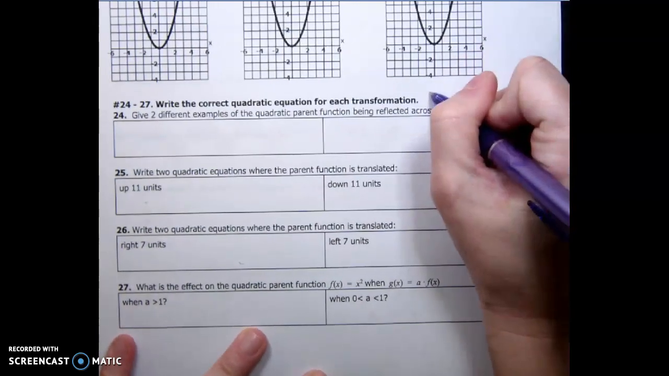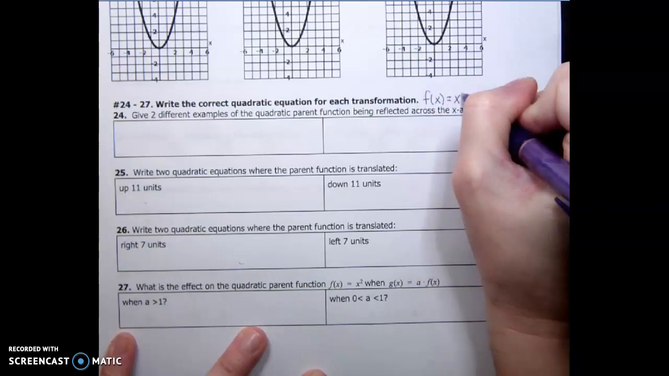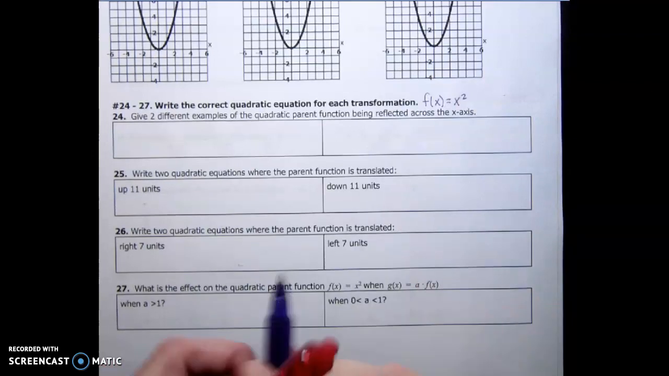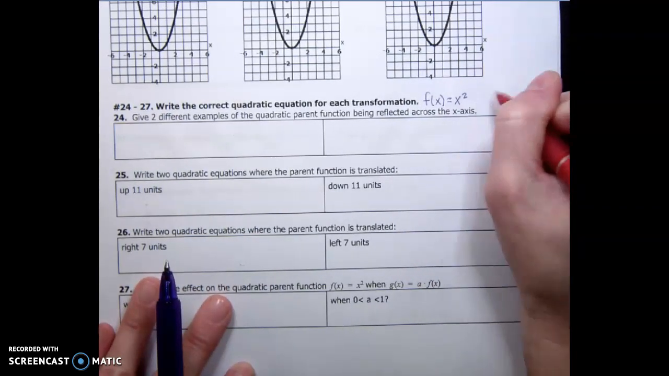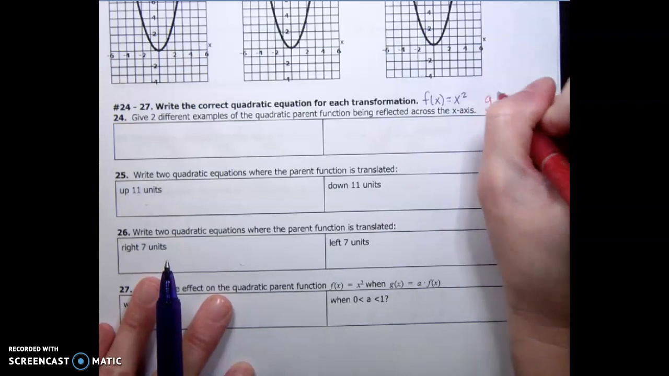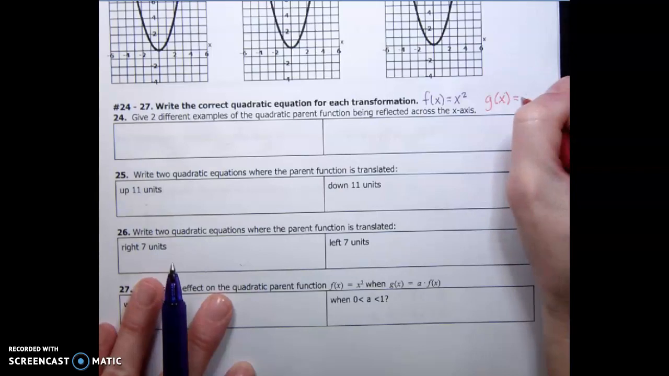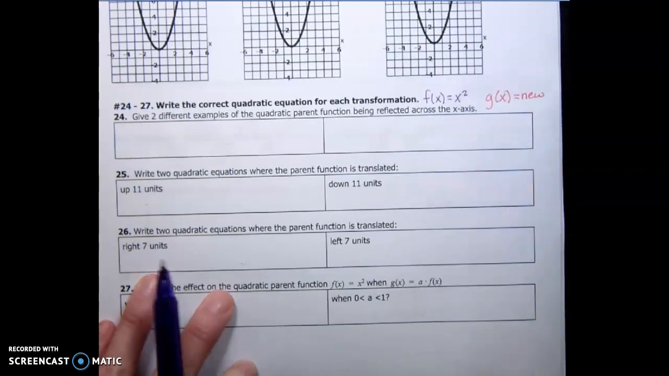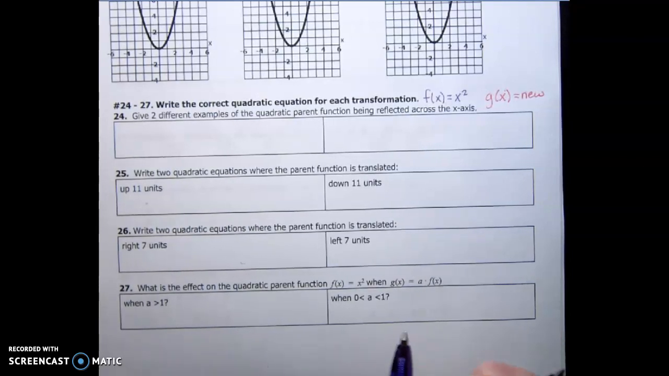Okay, and so my parent function, which is my f of x equals x squared, I'm going to be using purple. And for my new function, I'm going to call all of them for each of the problems g of x. And that just means, if it's in red, it just means that it's part of the new function, or part of the transformation. Okay? So, number 24, it says to give two different examples of the quadratic parent function being